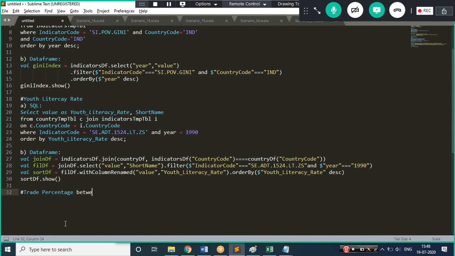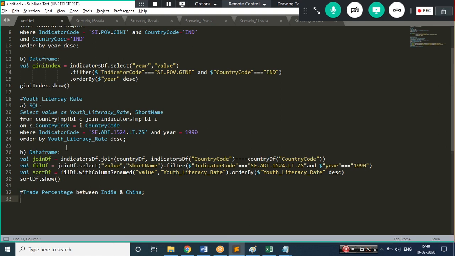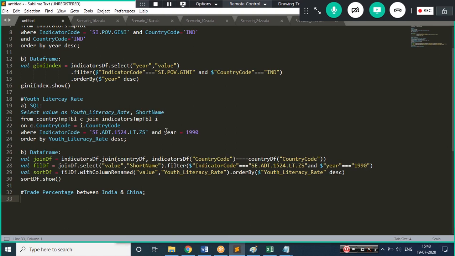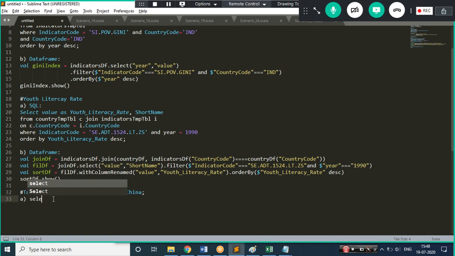Between India and China. So we are comparing only two countries. You can compare multiple countries. In the queries, instead of writing a single value, you can make use of an IN clause and write multiple. So let me go with the first. Okay, so the two columns, I'll use the same columns, select.